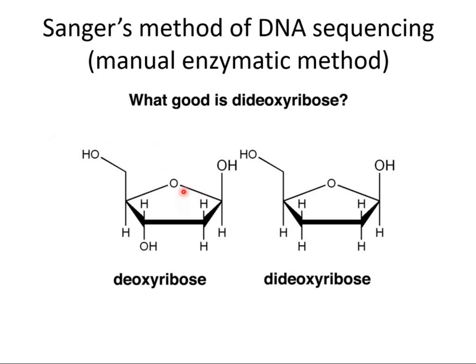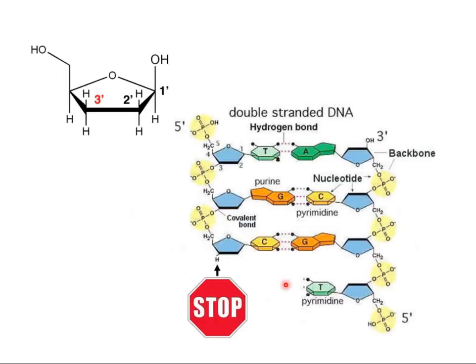Dideoxyribose. What is this dideoxyribose? As you look at the structure, this is a ribose sugar where it's a deoxyribose. Here you can look at it. There is a 5' there is an OH, there is a 3', there is an OH. But in dideoxyribose, what you have is an H. And as you know, this phosphodiester bond is formed between this 5' and the 3' C that is there. Here, what we form is this phosphodiester bond. Have a look at it. In this case, you have only OH.